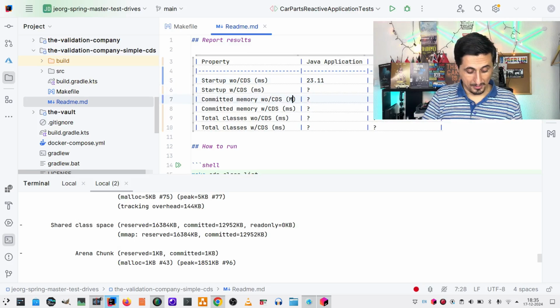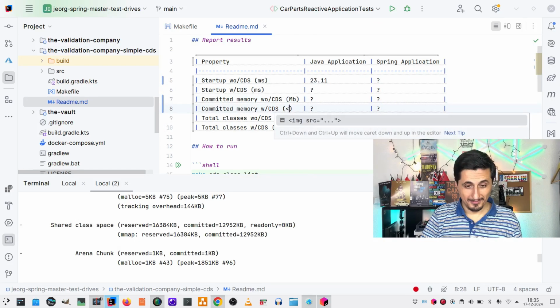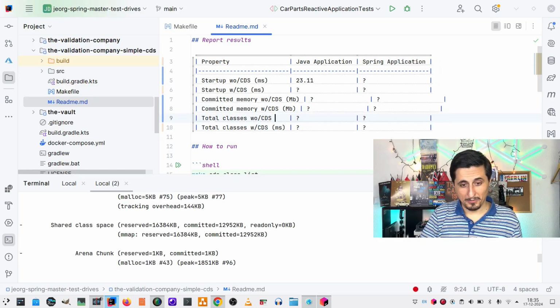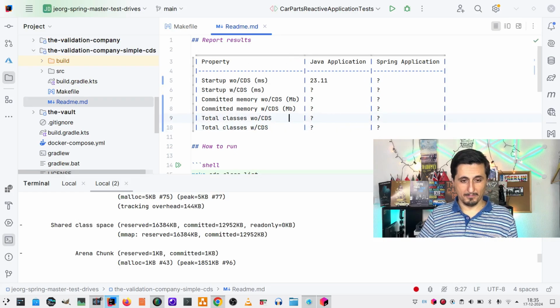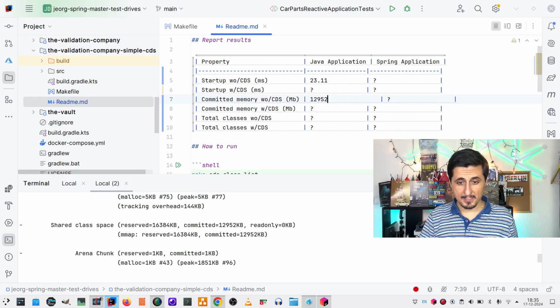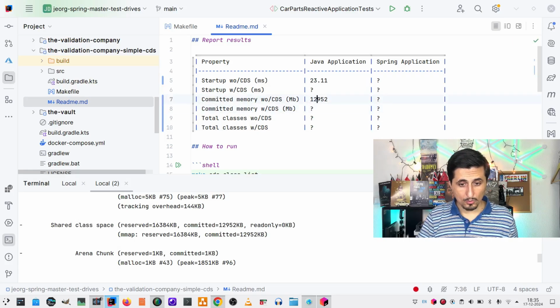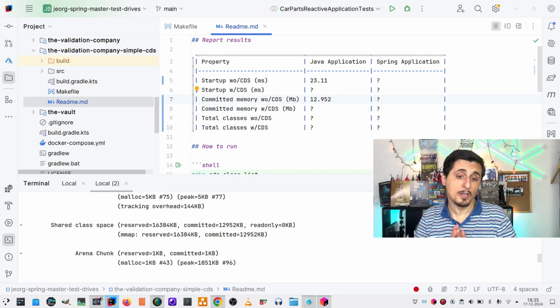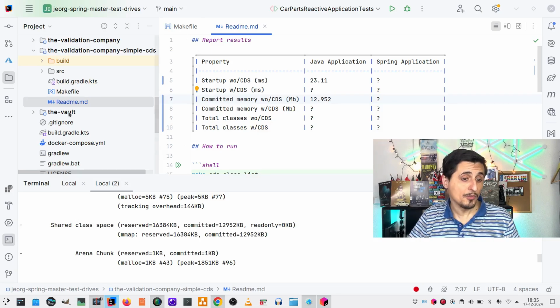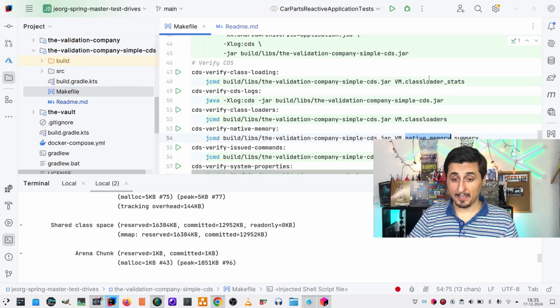Let me change also the units here. These ones don't even have a unit, the total. This one's going to go, and now we're there. So the committed memory without CDS for a Java application in this case is 12.952 megabytes. Now we need the total classes, and for that we've got another command, and that is the class